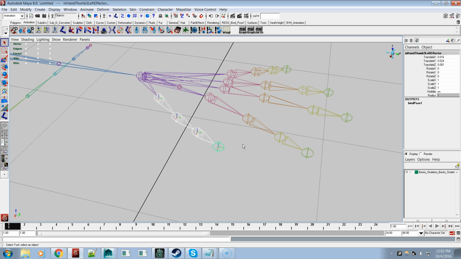Okay, now first thing you'll notice in this particular skeleton setup is that there's more joints than there are in the fingers. There's supposed to only be 3 joints per finger, and you have a 4th one. This last one here is called an effector. And when you're doing BVH animations, the exporter that I use, or that comes with MayaStar, was written by Samantha Patterson. It's an open source exporter,